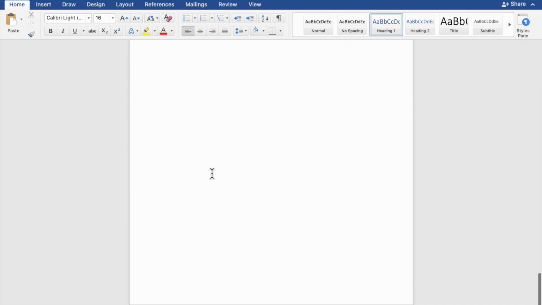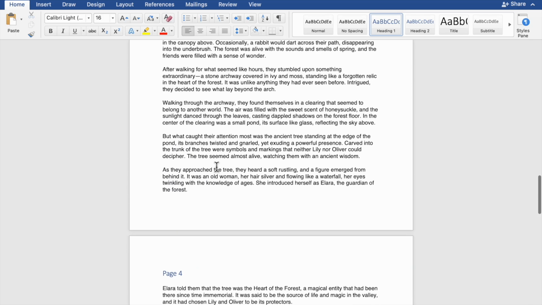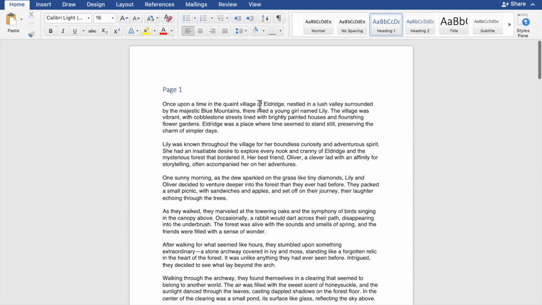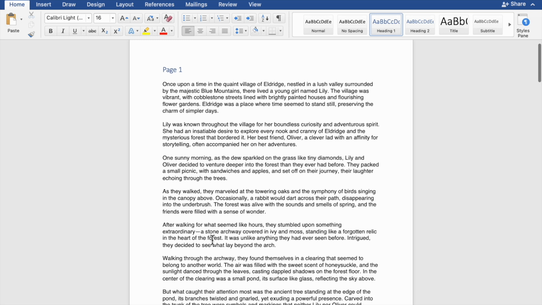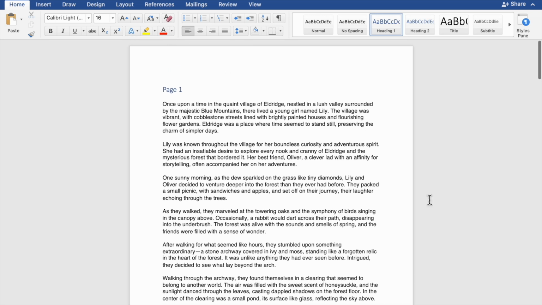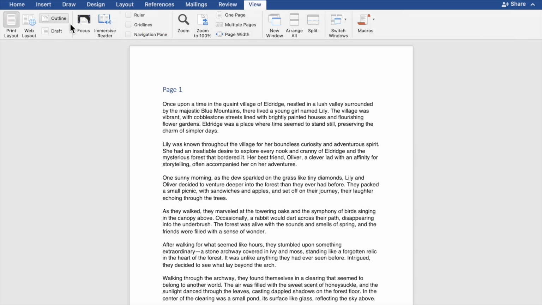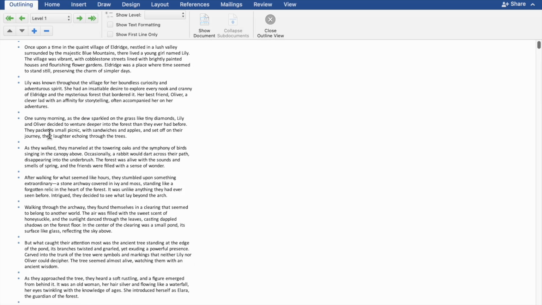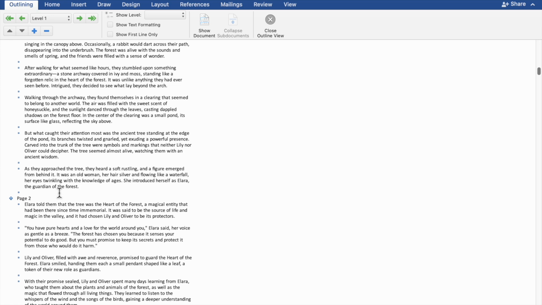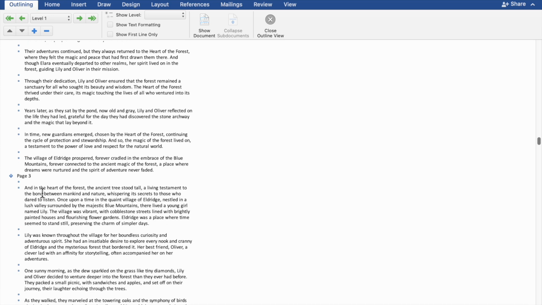Now you have to arrange this like this. On every page you have to just add a heading, heading 1 or heading 2. Then you have to go into the View option. When you go into the View option, here you will see Outline. Now you have to click on Outline, then here you will see page 1, page 2, this is page